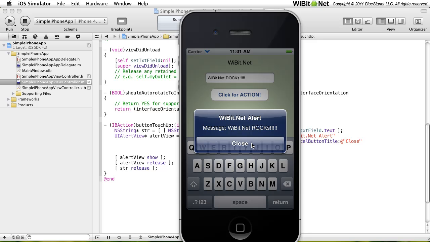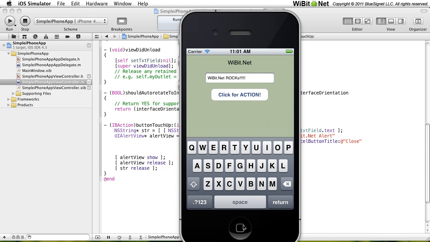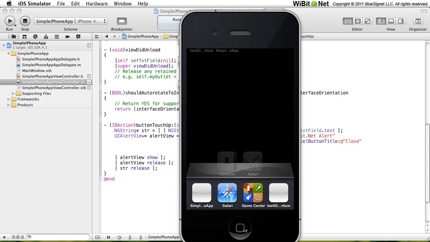So you recognize these alerts. I'm sure you've seen these modal pop-ups all the time. So that's the UI alert view. Nice. Yeah, and so showing that brings that to the screen. So that's a very